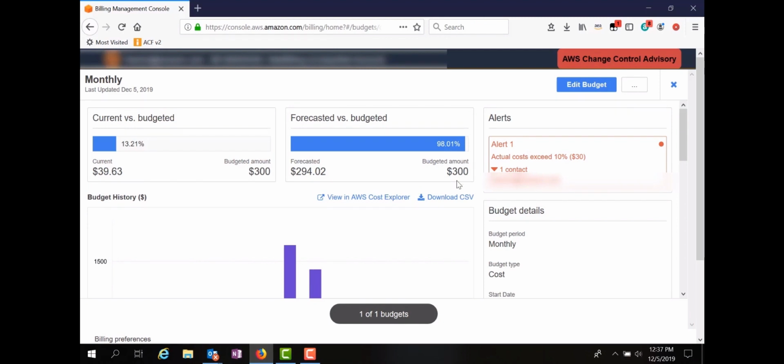If the actual costs exceed it by 10%, which is $30, then this particular Amazon account or email account will be notified. And when that's notified, you know that something's occurring, and you can go in and handle it. It doesn't shut off anything or stop anything. It just gives you a warning.